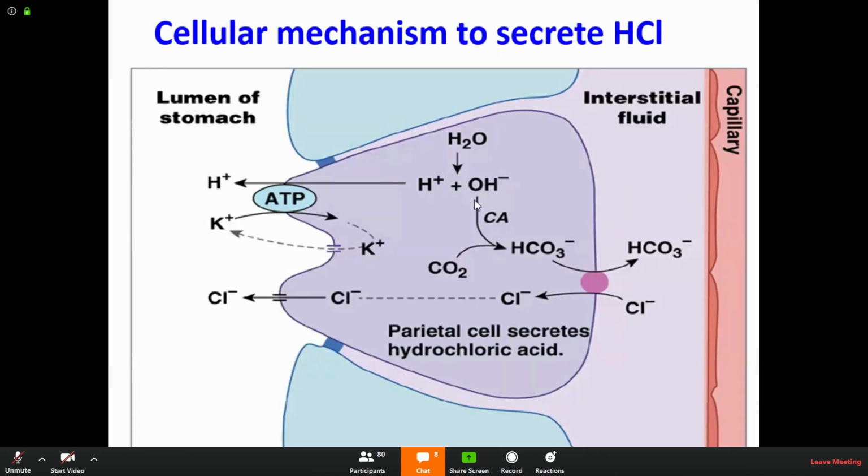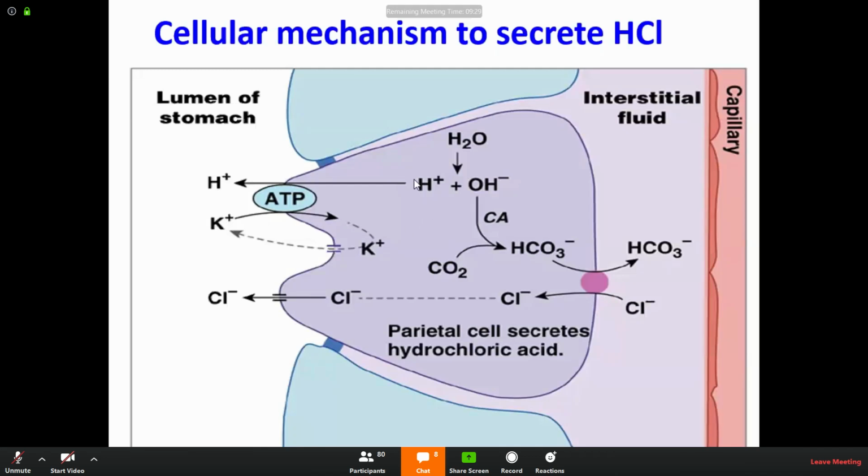So in the parietal cells there is water. The water is dissociated into hydrogen and hydroxide ion. The hydroxide ion combines with carbon dioxide and forms bicarbonate. So when this water is dissociated into hydrogen and hydroxide ion,